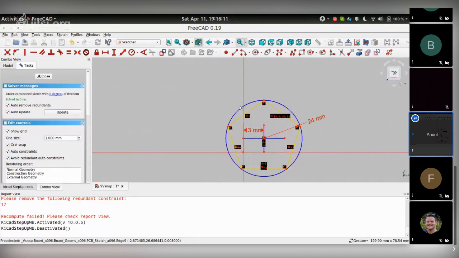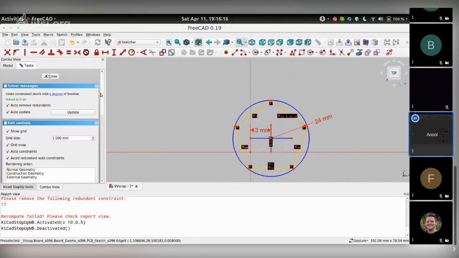That's it. Another 6 degrees of freedom. This is the degrees of freedom that you see here. That tells you how many